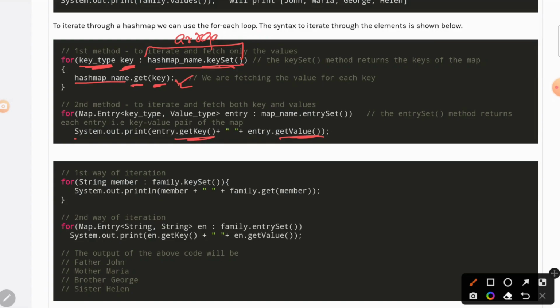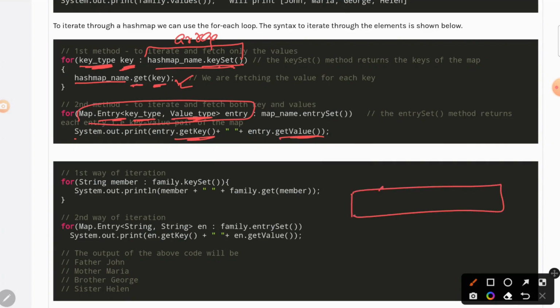If I want to iterate the key and value together, not one by one, then I can simply say Map.Entry and then the data type, whatever I'm interested in. This will give me the individual entry together. So let's say I'm creating a shortcut here. I'm going to say this is father, and let's say this is Y, this is mother, this is P, this is son, this is K, this is daughter, this is A. If I want to iterate